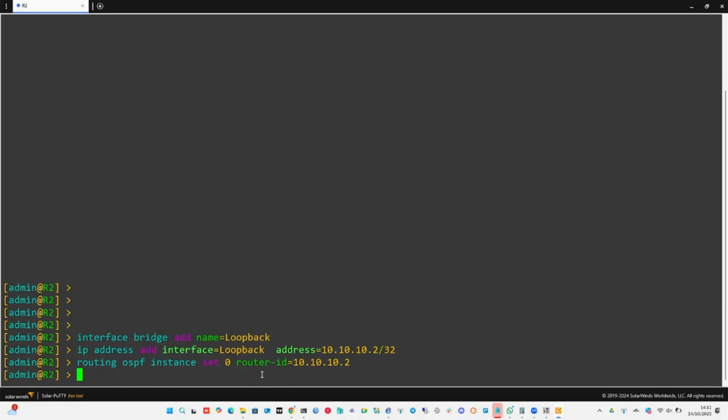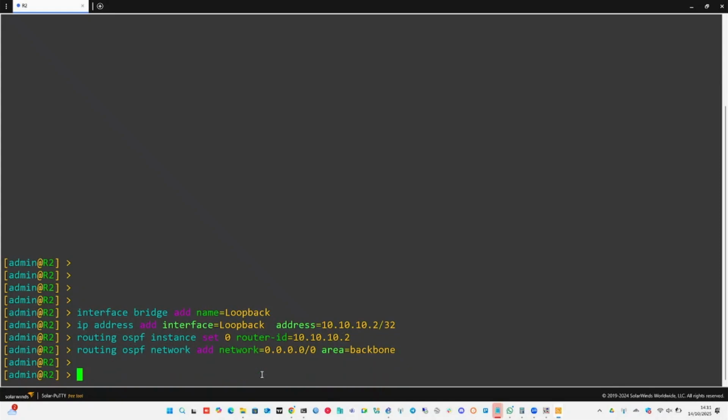Then the last one is to announce the OSPF, isn't it? Which would now be in routing, OSPF, network, add. The network address is equal to 0.0.0.0/0. And the area is equal to the backbone area. And that's all. If I look at routing, OSPF, neighbor,